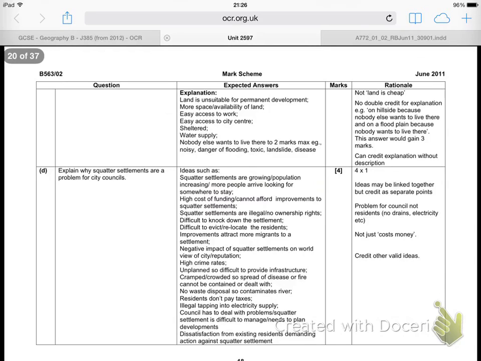Easy access to work, so that would match up well with the factories. Easy access to the city centre, that would match up well with the main roads, and so on. Make sure you've got that point developed. So if you could pause this for another minute, please, just so as students can get some detailed notes down into their question papers.